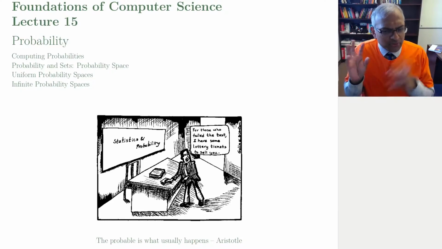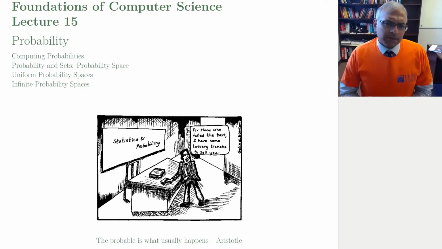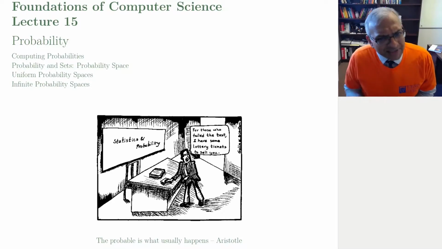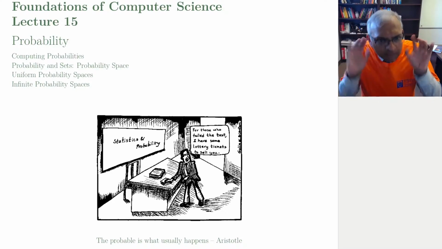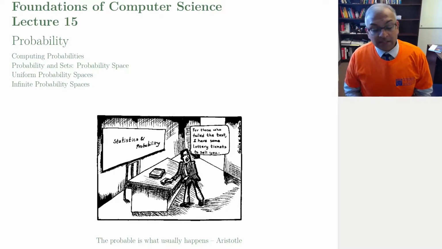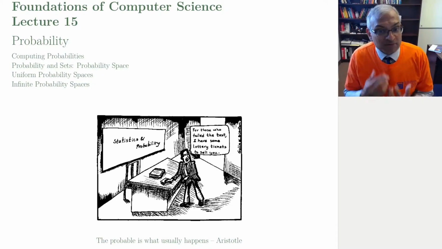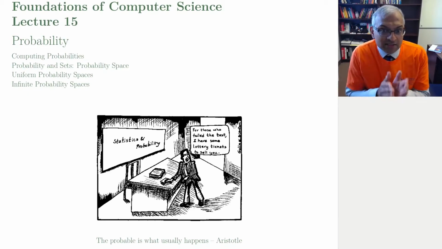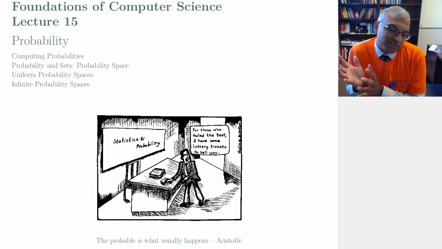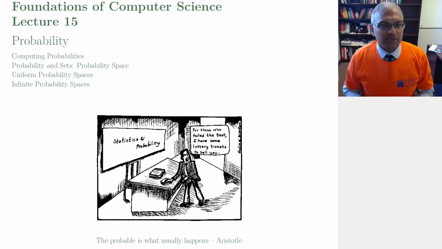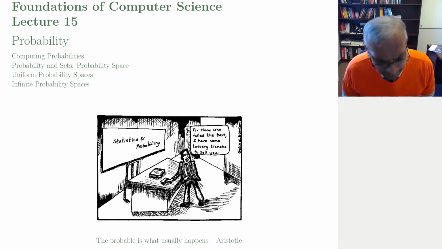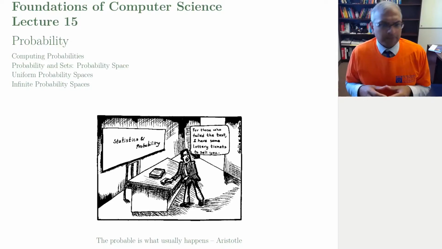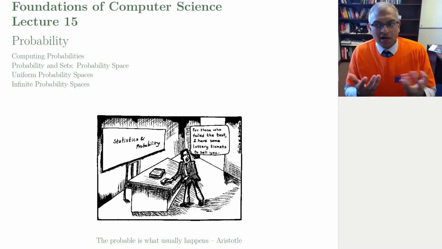Okay, so this word random is thrown around a lot. That's because things that happen in the real world are, in some sense, random, whatever that means. And if we want to know how our algorithms behave in the real world, we need to deal with this randomness. We need to analyze our algorithms in the context of this randomness that exists in the real world, whatever randomness means. Okay. So probability is absolutely essential for knowing how algorithms will work in the real world.